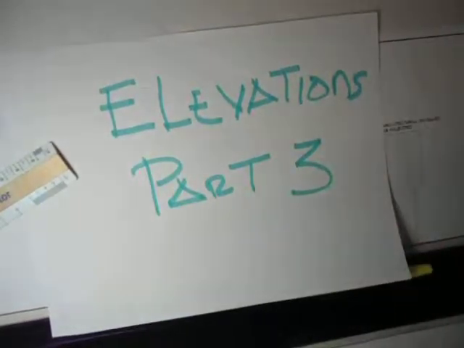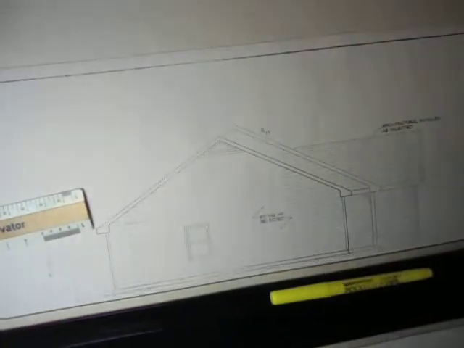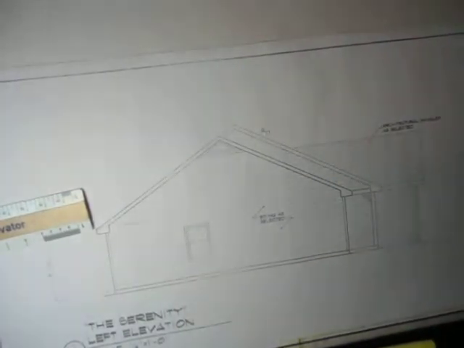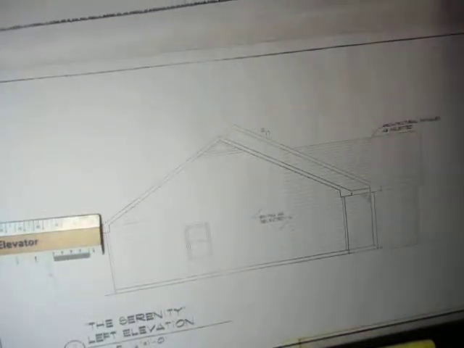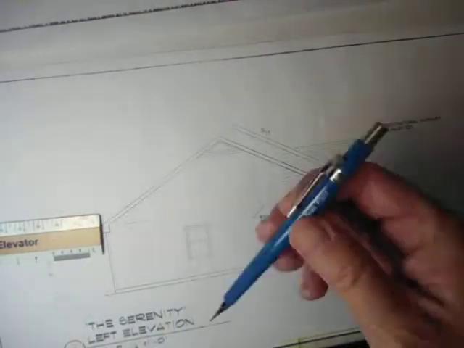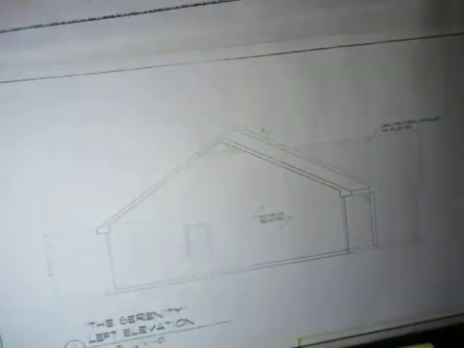Okay, welcome back. This is Elevations Part 3. We're going to be drawing the left elevation of your house today, so you'll need that handout of elevation sheets that I gave you. You should have your front elevation complete except for the delineation of the siding and the shingles, and we'll come back and do all that at one time, so you get a picture of how to do that. Today you'll need, of course, your pencil and scale and your triangle, but you also need